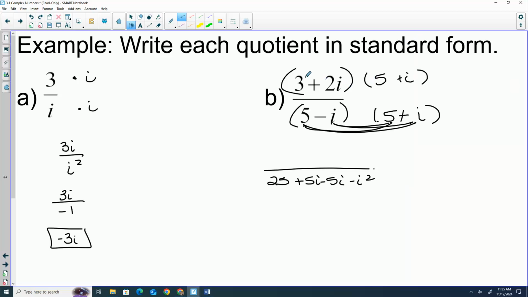On the top, if we FOIL those, we get 15 plus 3i plus 10i plus 2i squared. So if we combine like terms, 10i and 3i is 13i. 2i squared is